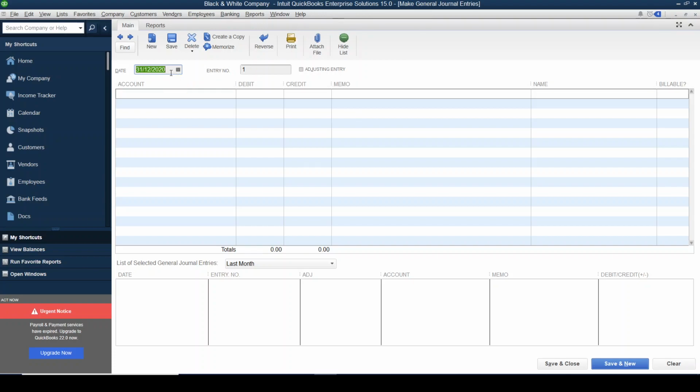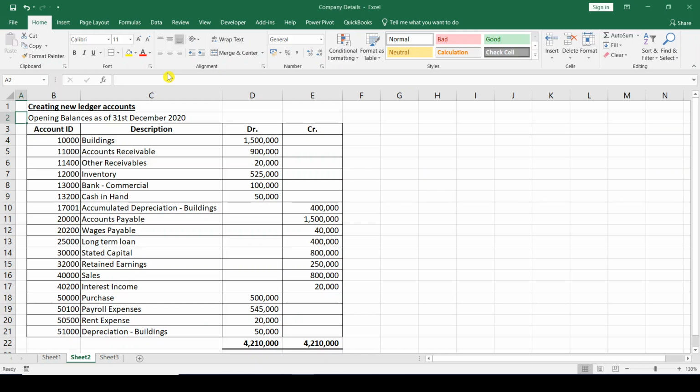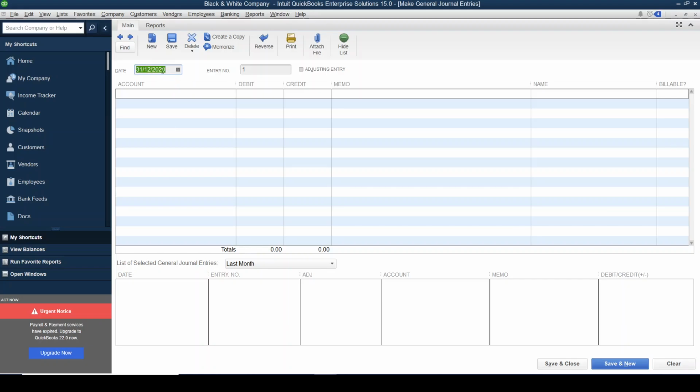Here first you need to give the correct date. These opening balances are as of 31st December 2020, so you need to give that date here, 31st December 2020. Then